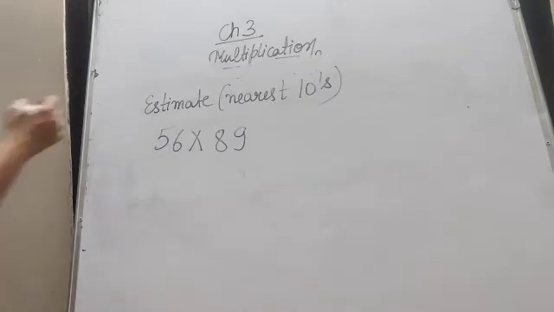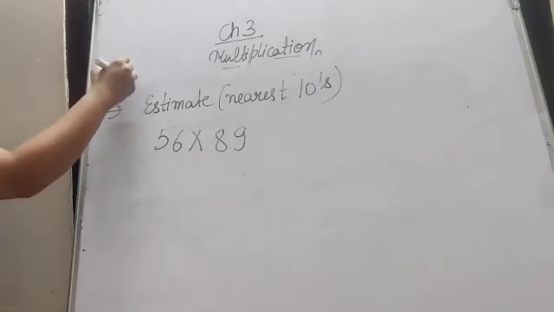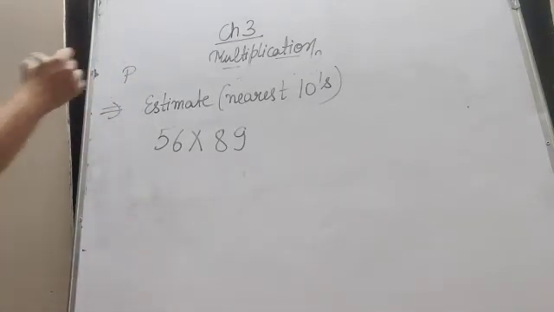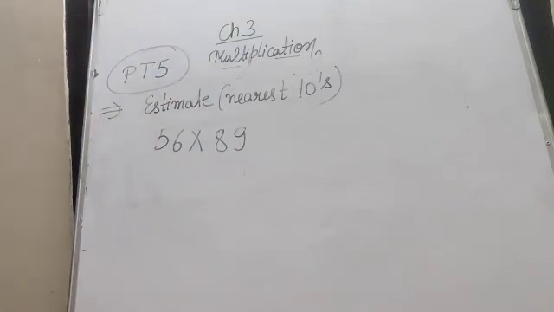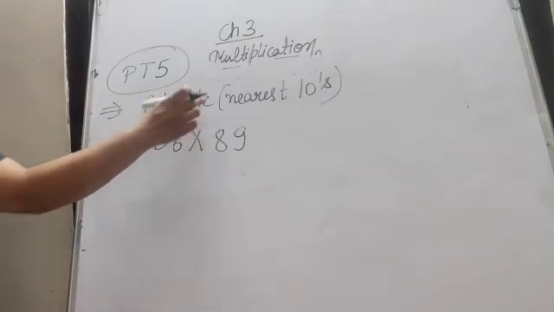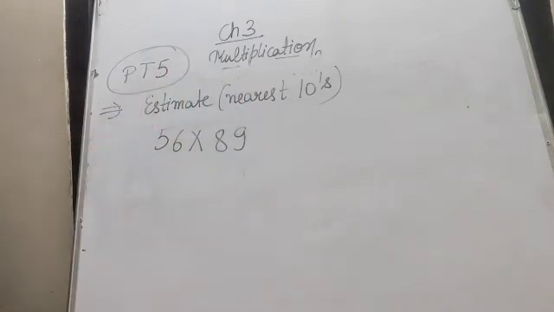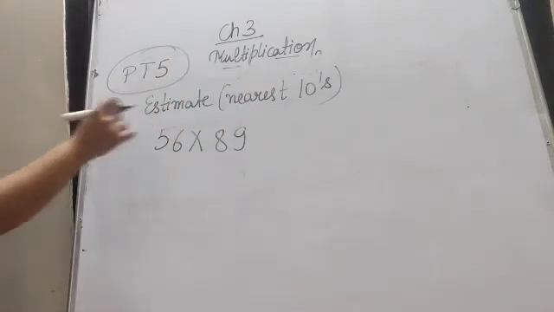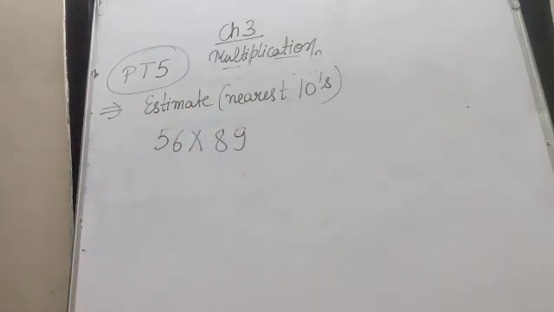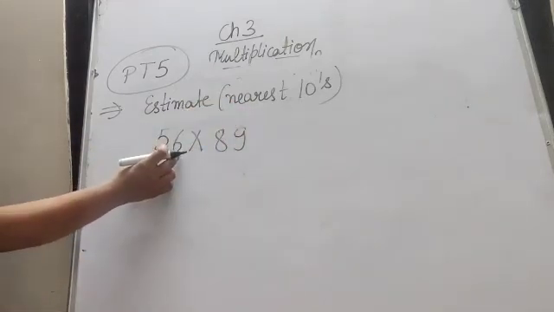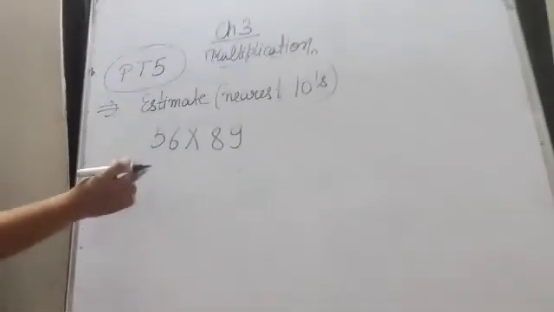Yes. Now see, we are moving to practice time 5. It's very simple. In the estimate, I have written here the short term. That is, estimate the product by first rounding off. Estimate by rounding off nearest tens. Is it clear from the statement? Estimate by first rounding off to the nearest tens. So firstly, round off to the nearest tens.